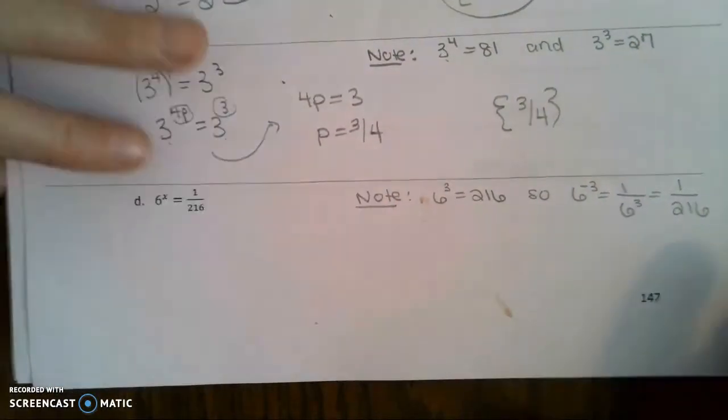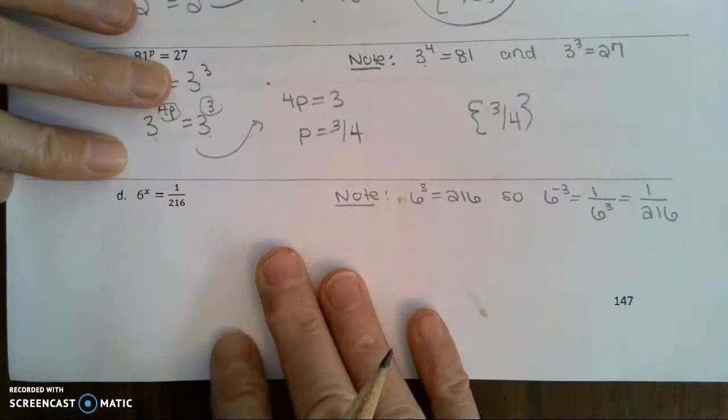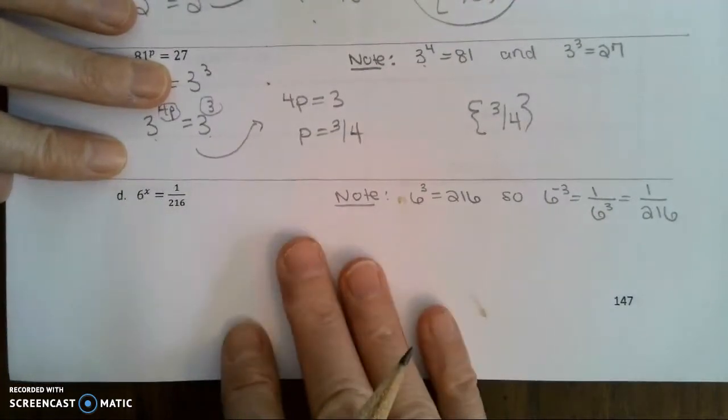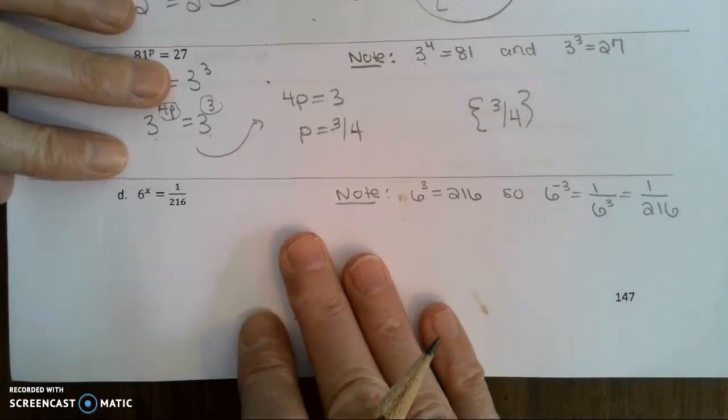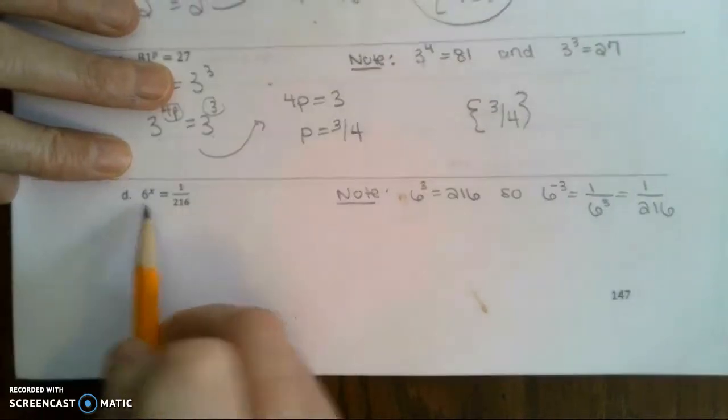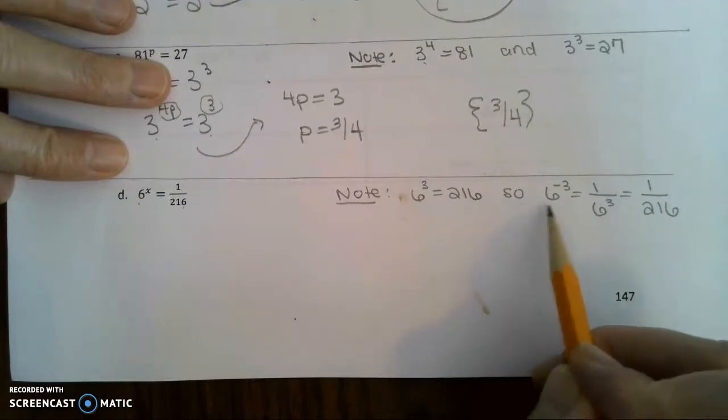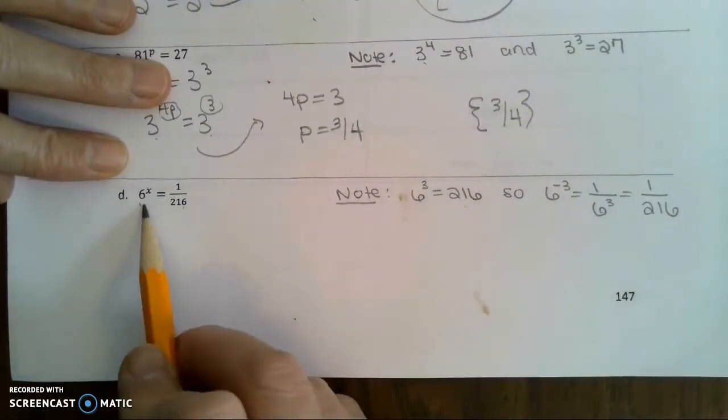So, okay, let's look at this next one. This is probably the hardest one on the sheet. There's a little bit harder ones in the homework, but I'm going to do videos for a few of those next. Okay, so if I look at 6 and 216, both of these are basically, well, this is definitely a